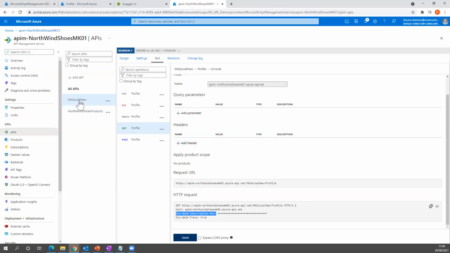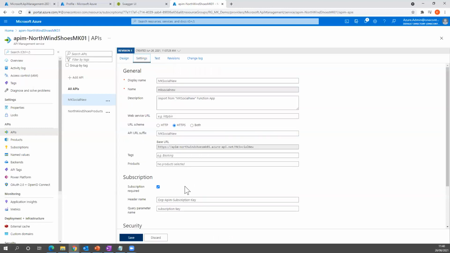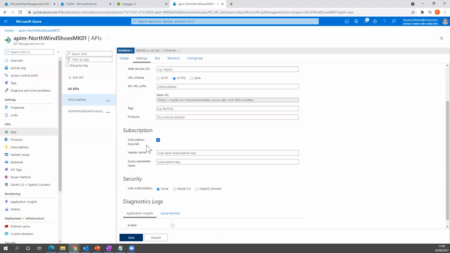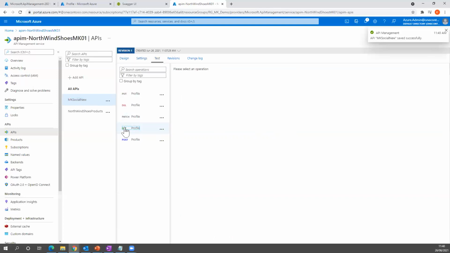So on this My Social New, go to settings where you have the subscription. By default, this is attached, right? That's why you're getting it. If I remove this, uncheck, save, and try to test it same again,